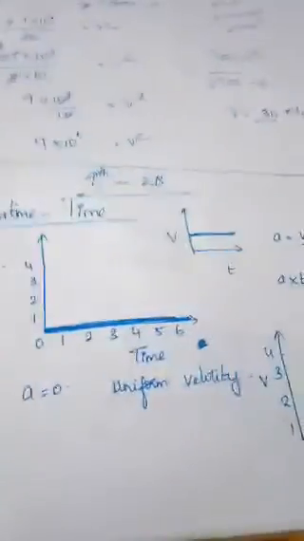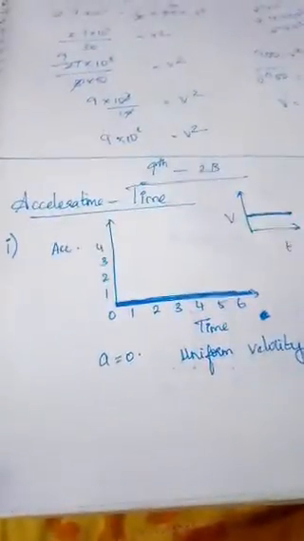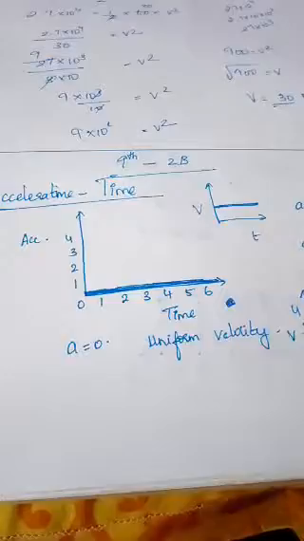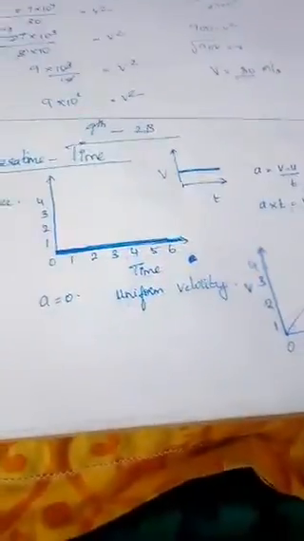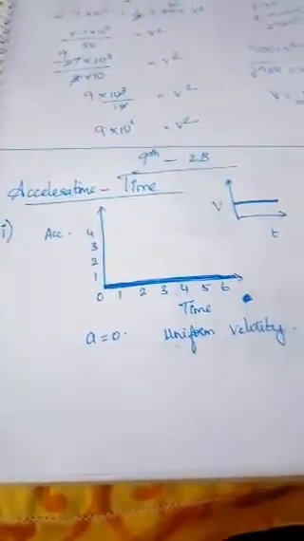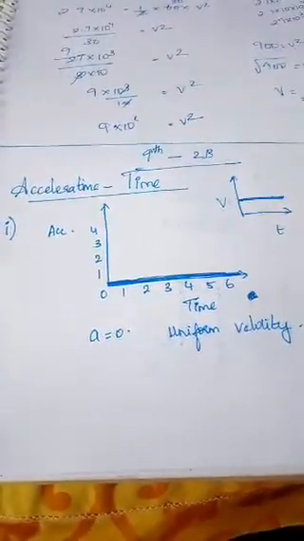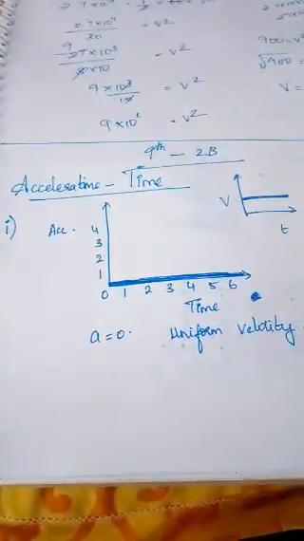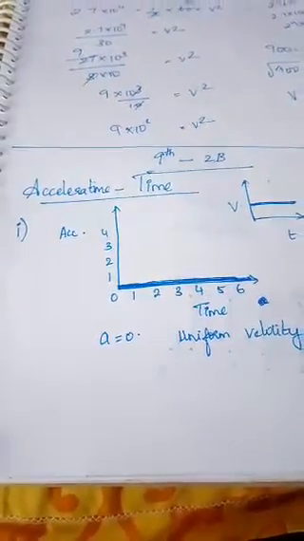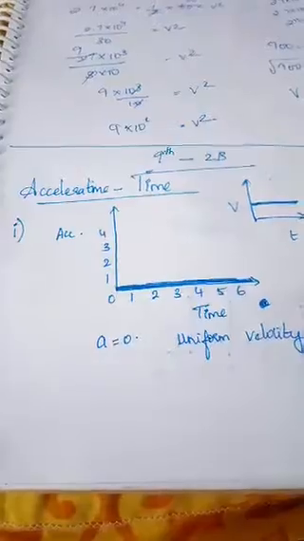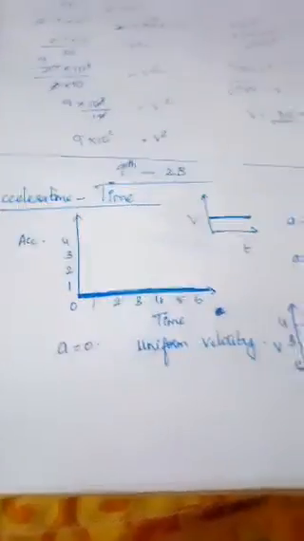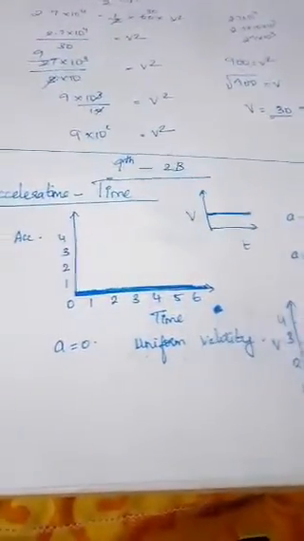9th standard. So this is our last topic in your second P, that is chapter 2 in section B. So this is your acceleration time graph. A graphical representation is one of the most beautiful ways to express the given motion, and it is also one of the easiest ways to obtain the details from the given tabulation. Okay, so first look into your acceleration time graph.